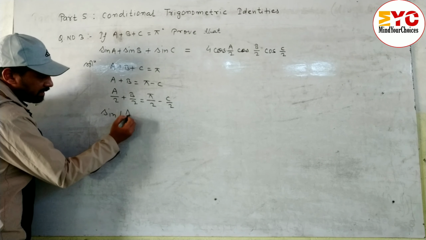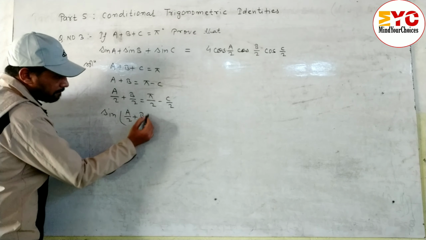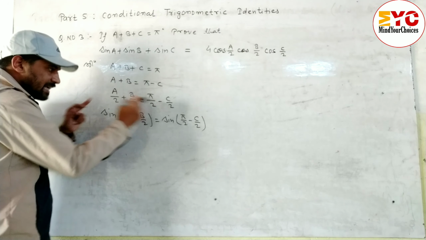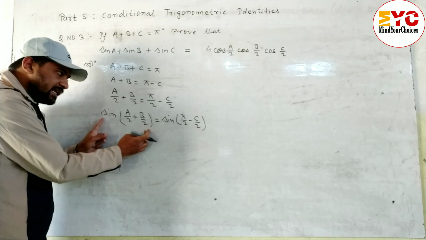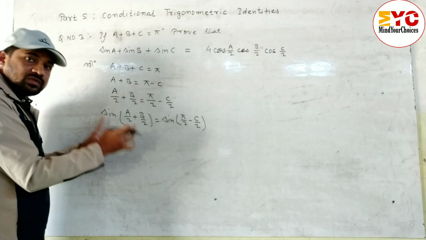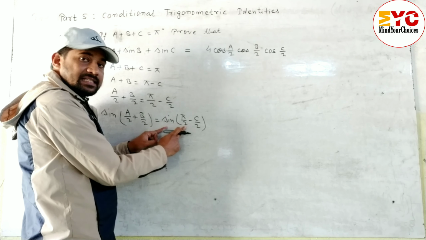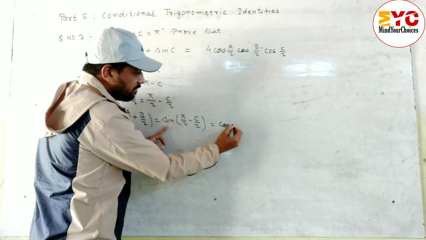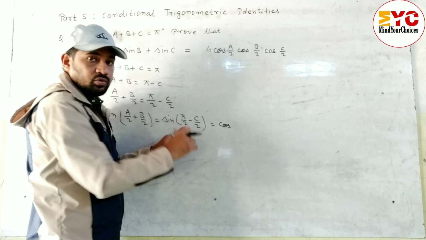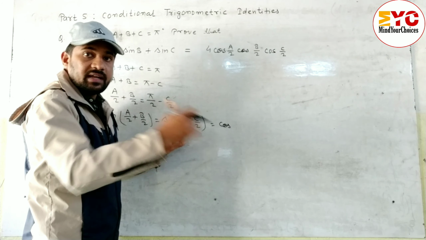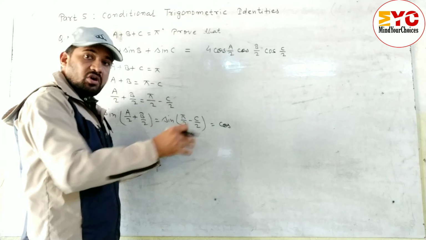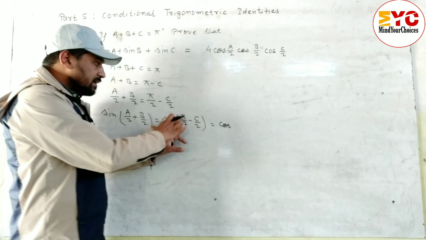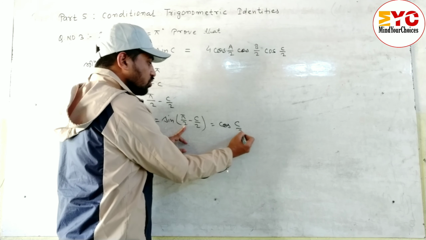So taking sine both sides, sine (A by 2 plus B by 2) is equal to sine (pi by 2 minus C by 2). Taking sine both sides, now we have to find the value of sine (A plus B) by 2, or A by 2 plus B by 2, same thing. Now sine 90, does it change or not change? 90 means change, we have to change. So sine will be converted into cos. Now 90 minus C by 2, 90 minus theta means first quadrant. In the first quadrant everything is positive: sine, cos, tan, cot, cosec, sec. It means sine (90 minus C by 2) is cos C by 2.